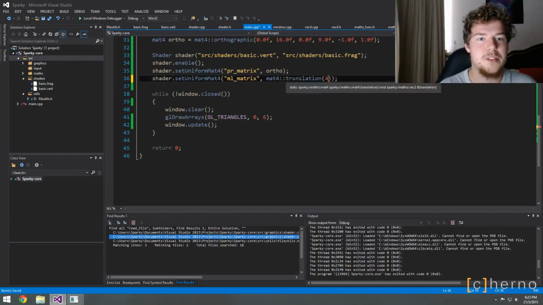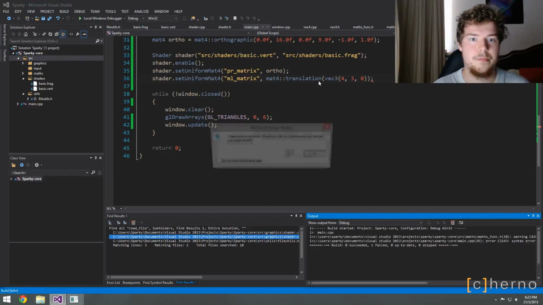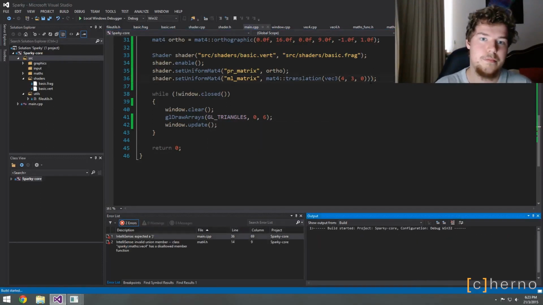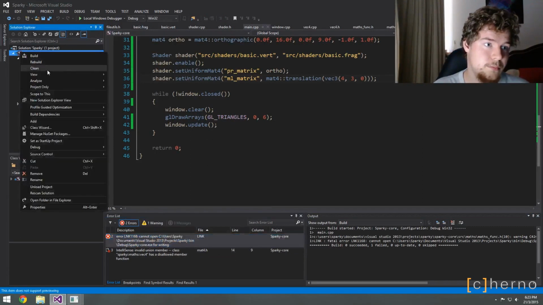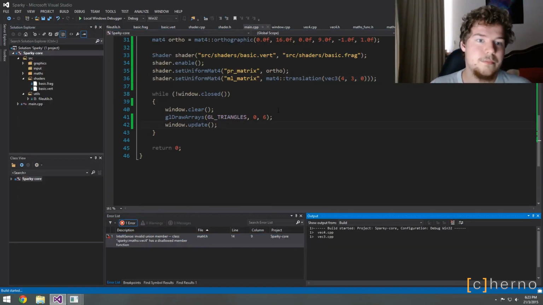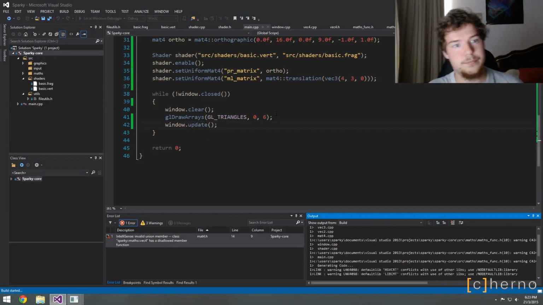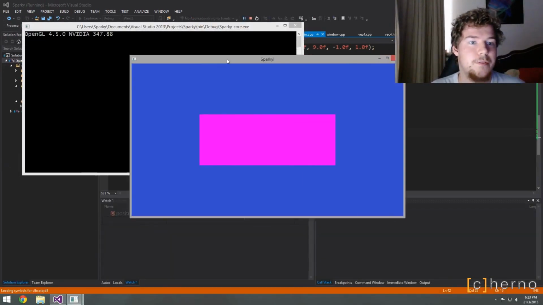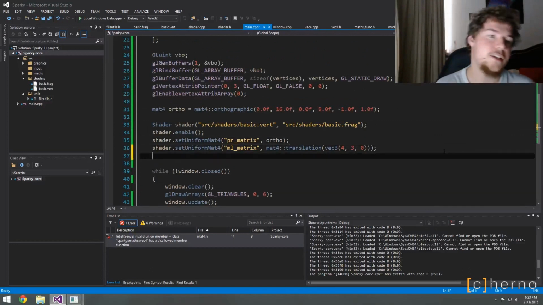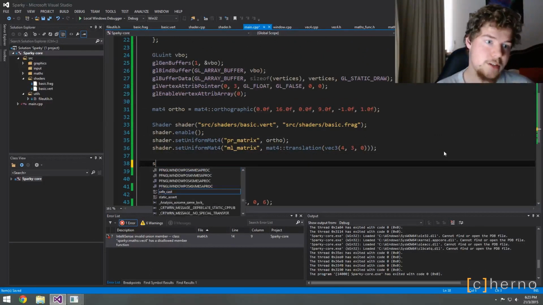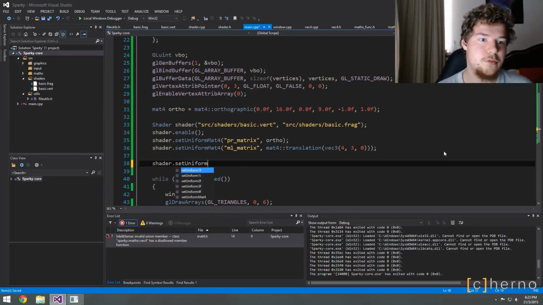We wanted to, how much was it? It was 4 and 3. Okay, there we go. Yay, cool, fantastic. So let's try setting some more shader things. So shader.set uniform